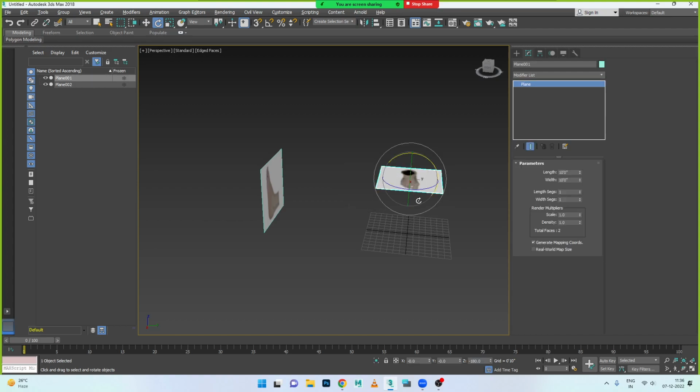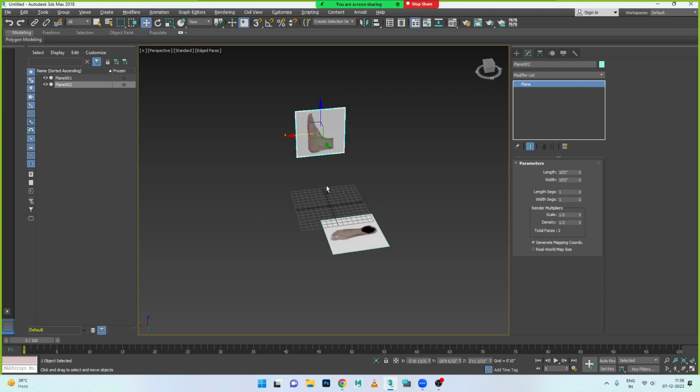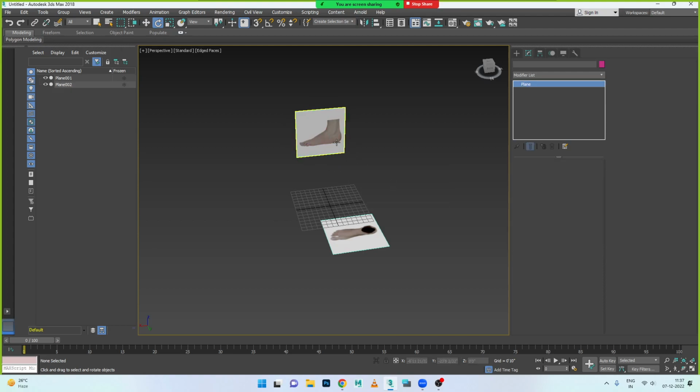Now my object is set. Now try to move this one down and keep it at the bottom of this window. Now this one has to be rotated at this angle, 90 degrees. Right click and make it around 180 degrees for this one. So both values are set in this one. Now